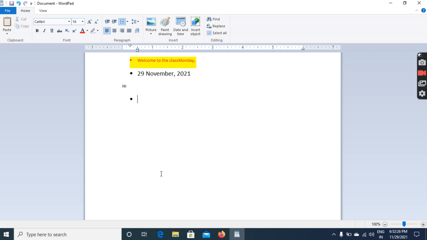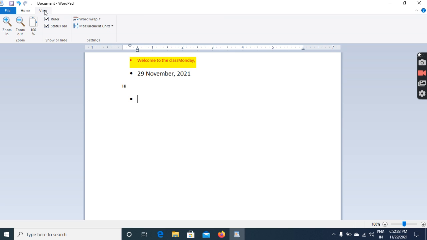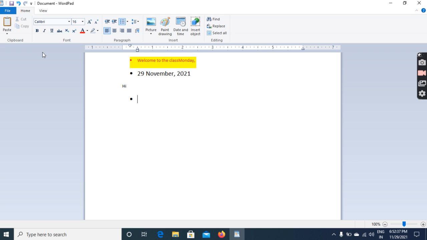Each tab contains tools arranged in different groups. The View tab has different groups, the Home tab has different groups, and a group is a set of related commands. Everything in Paragraph is required when we work on a paragraph, that's why we call it a group. Here you can see Insert, it is all similar things, so it is a group.